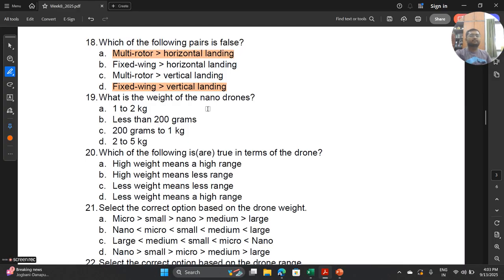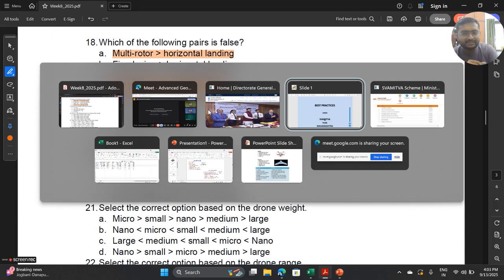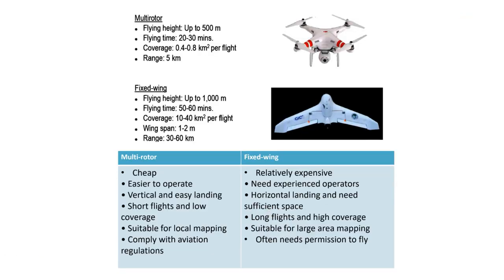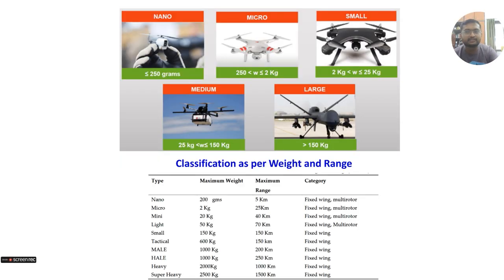What is the weight of the nano drones? These are things you have to keep in mind at some point for this course, so rather than asking you questions, I will just show you and then you can recall it further. Depending on weight, we can classify drones as nano drones, where the weight is less than 250 grams; micro drones, between 250 grams and 2 kg; small drones, 2 to 25 kg; medium drones, 25 to 150 kg; and large drones, greater than 150 kg. These are the classifications provided by